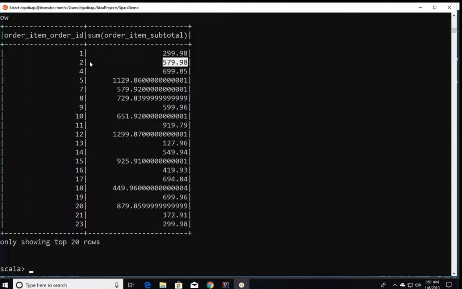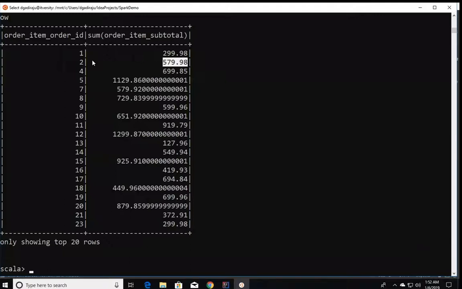So in this case, if you want to use this information and get all the other information, you can join this with order items again, and you should be able to get whatever information from order items along with this. It is tricky, and also from the performance perspective, it is not very good. For both performance as well as a better development approach, we typically use window functions and solve